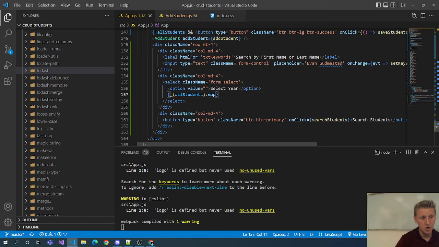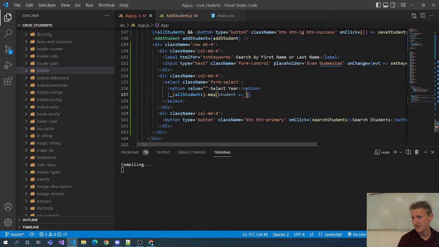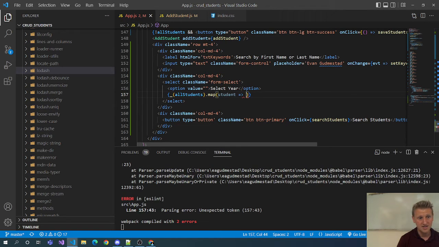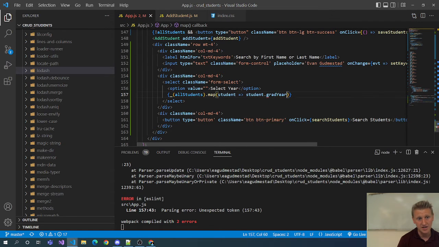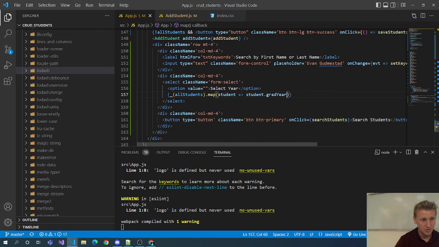This is a Lodash map, so it's not the map that works on arrays. This is Lodash's version of that map, so it looks a little bit different. On this map, we're going to map each student object, and we want the grad year for each student, student.gradYear. So for each student, we're going to look at the grad year property,